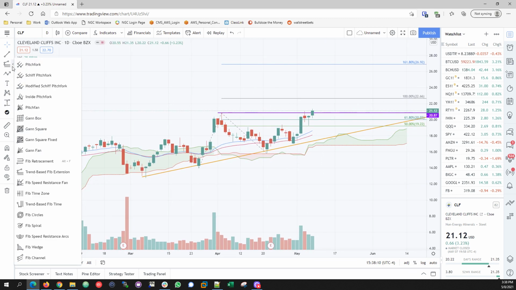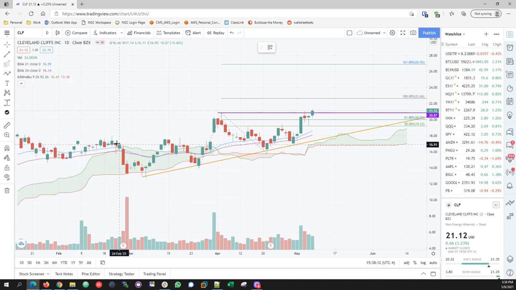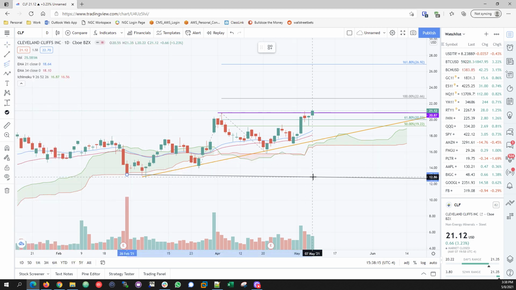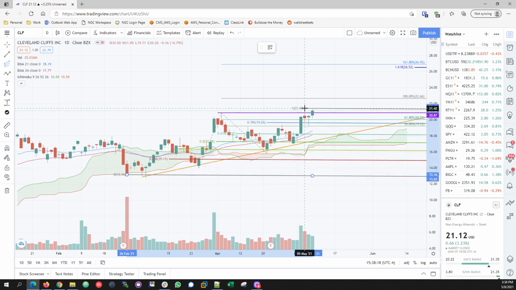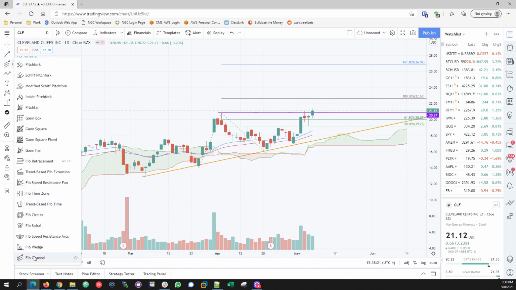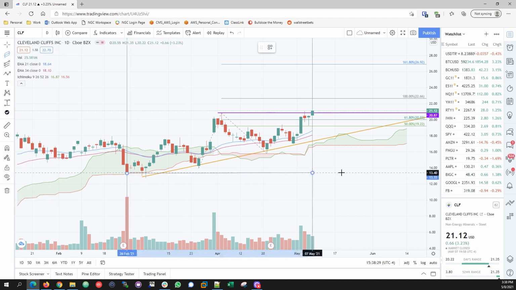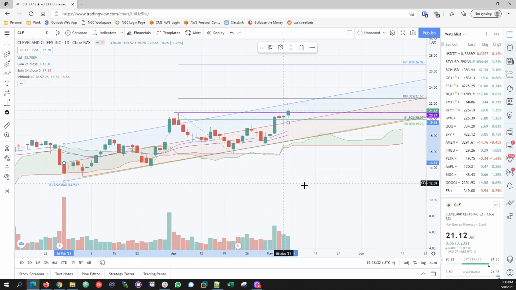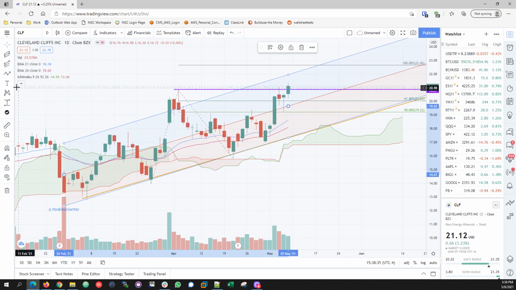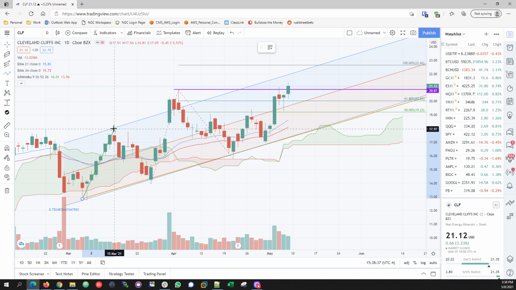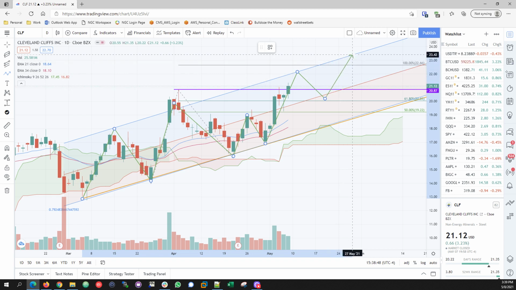We could do a regression channel or fib channel, basically from here to here. Nope, I'm sorry, did I mark something? Let me see. Yeah, regression trend, there you go. So that would be your trend right there. And obviously here: up, down, up, down, up. Hit the mid-level, and it's going towards this area. Might hit the mid-level again, and then finally push up here.